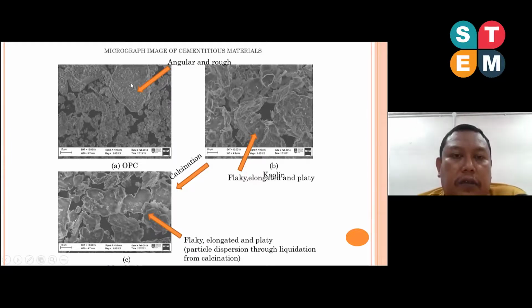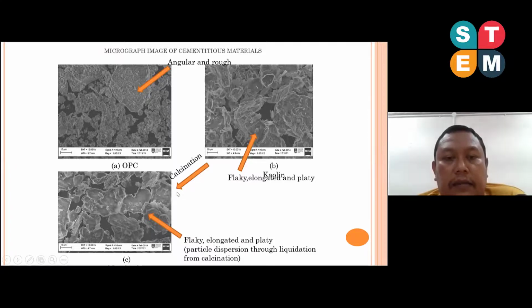We can see what we call angular and rough particles. So this one is kaolin. Kaolin has already been claimed by previous researchers as flaky, elongated, and platy. And the flaky, elongated, and platy structure remains for metakaolin, only the flakes break into pieces after the calcination process. So from these SEM images, we can see that the calcination